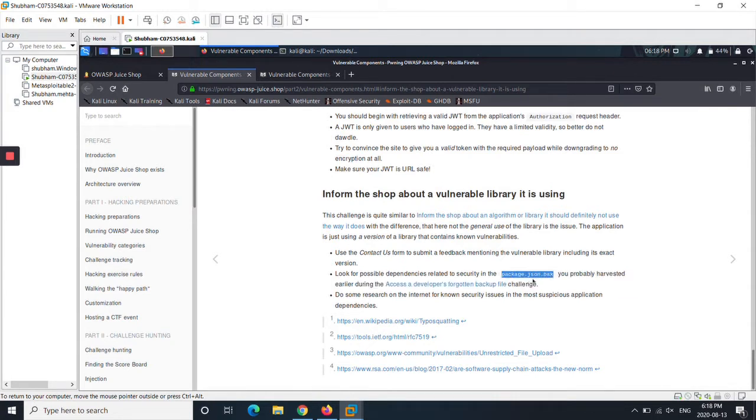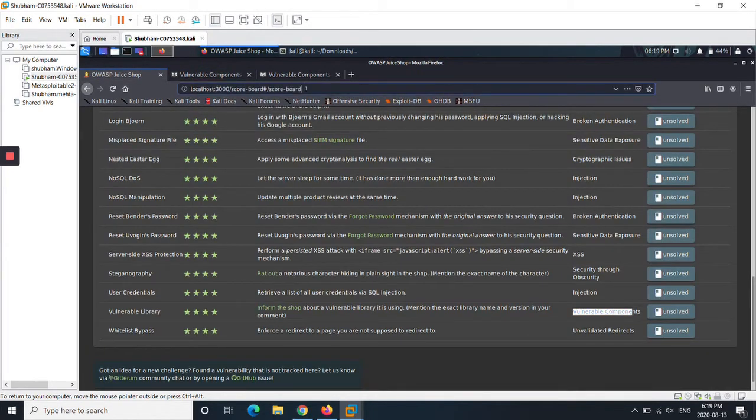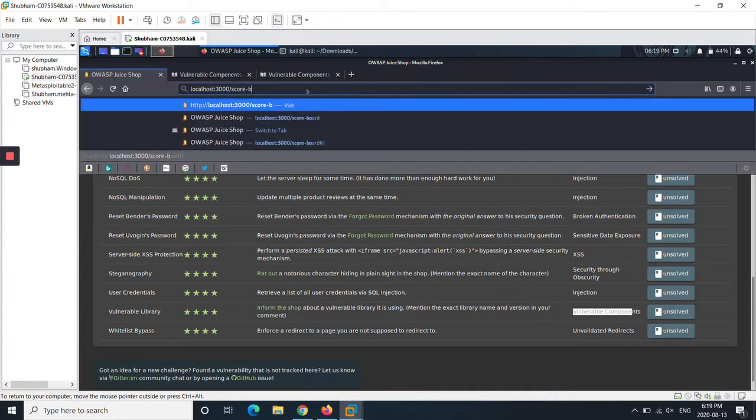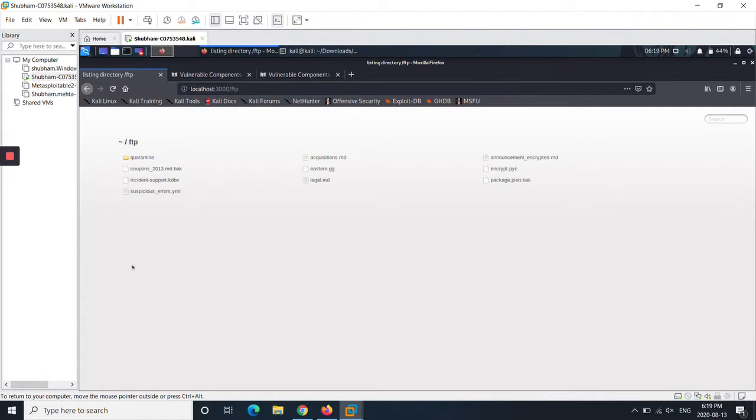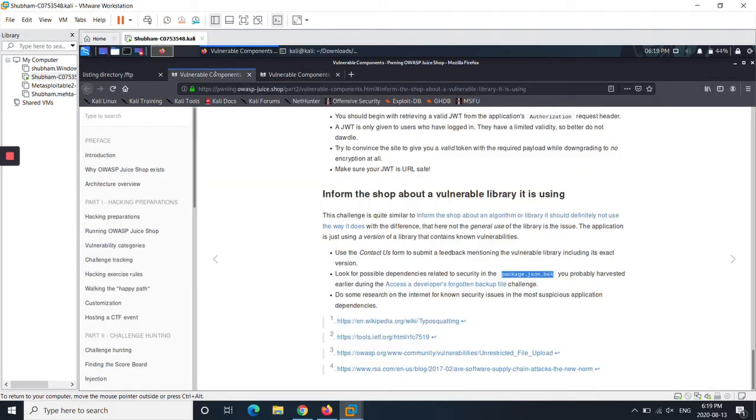So this is the file that I will be looking for. This is the JavaScript backup file. Definitely there would be some things in that, that's why they mentioned it. I have to put it in the URL, and in order to do so I have to go to the FTP. We need to access the files by using this FTP. We need to know that these are the directories and the common files over here.